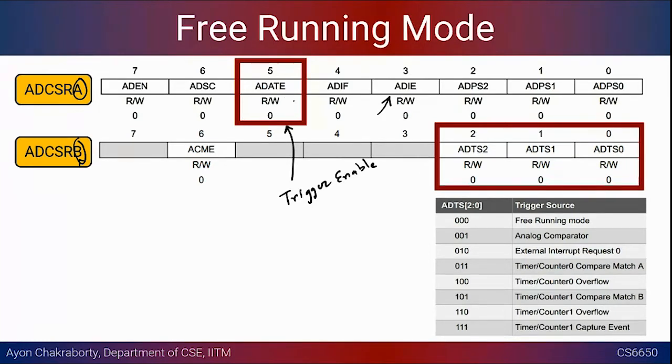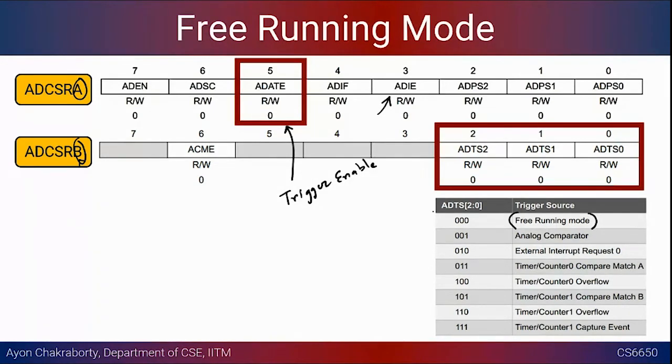In the SRA register, you just tell that you want to trigger in the free running mode, that you want to trigger the conversion as a result of something, say programmatically. In that case, which kind of trigger it will respond to comes from the SRB register, and this is the list. One of them is the free running mode, which keeps on getting the sample and converting the sample. This will still be based on interrupts, but once one conversion is complete, it will immediately start the next conversion.